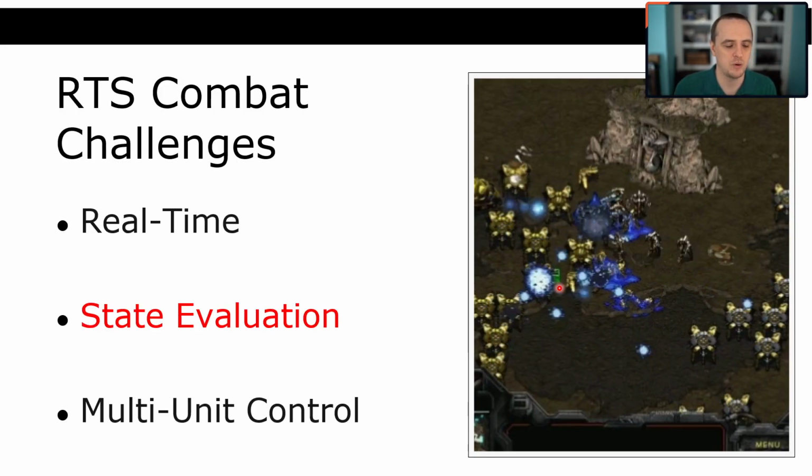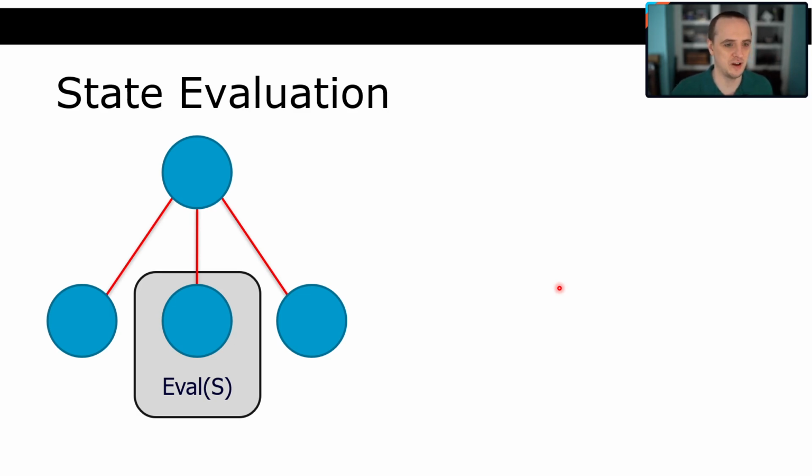Now, how are you going to actually do state evaluation? So remember back to 3200. Now we're talking about assignment 3 from 3200, which is the Connect 4. Remember Connect 4? So we had to do Minimax. So I'm going to try and do Minimax in StarCraft, right? So let's do Minimax in StarCraft. How crazy would that be?